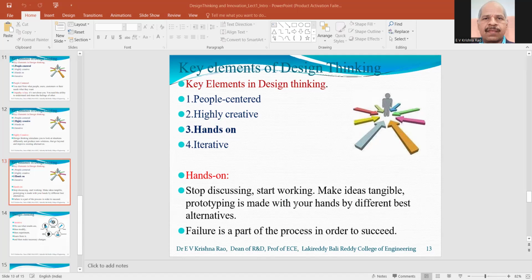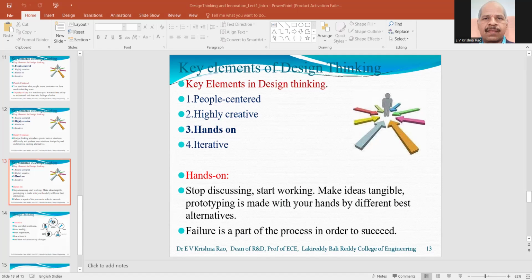You have to start working. Whether the ideas are tangible or not, whether it is able to develop, you can develop the prototype models or not. And your hands-on experience by doing something, prototypes and all,